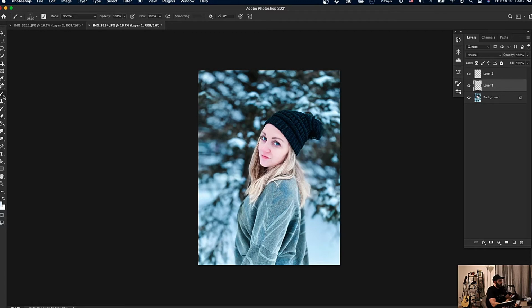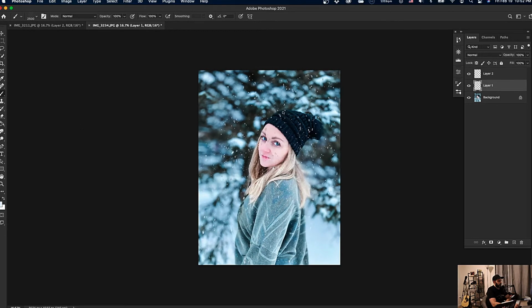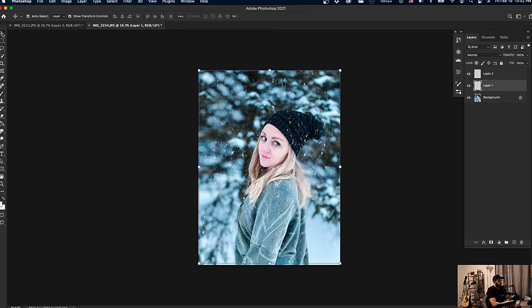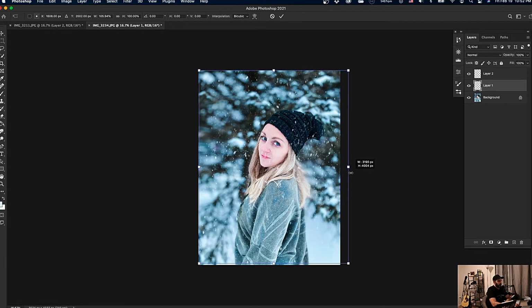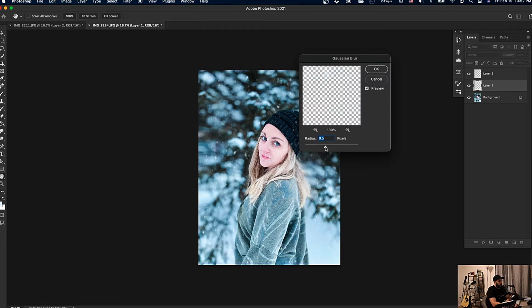Let's go in our brushes. Let's see. Oh, it's going to be nice. First, and another one, and another one. Now you can also, if you don't want that, you can also stretch the layer of snow however you want it to be. So we can move that little speck out of her eye. There you go. Now again, we're going to go under filter, blur, Gaussian blur,